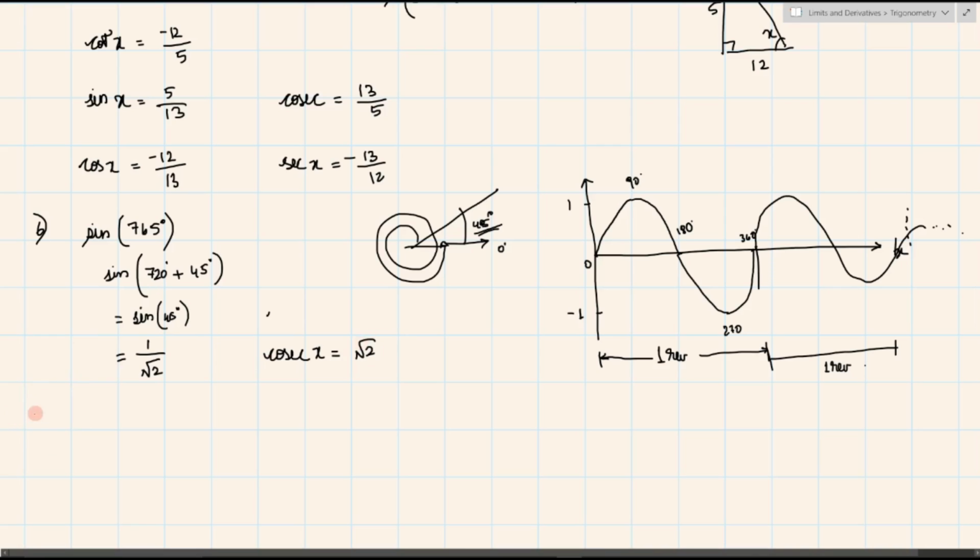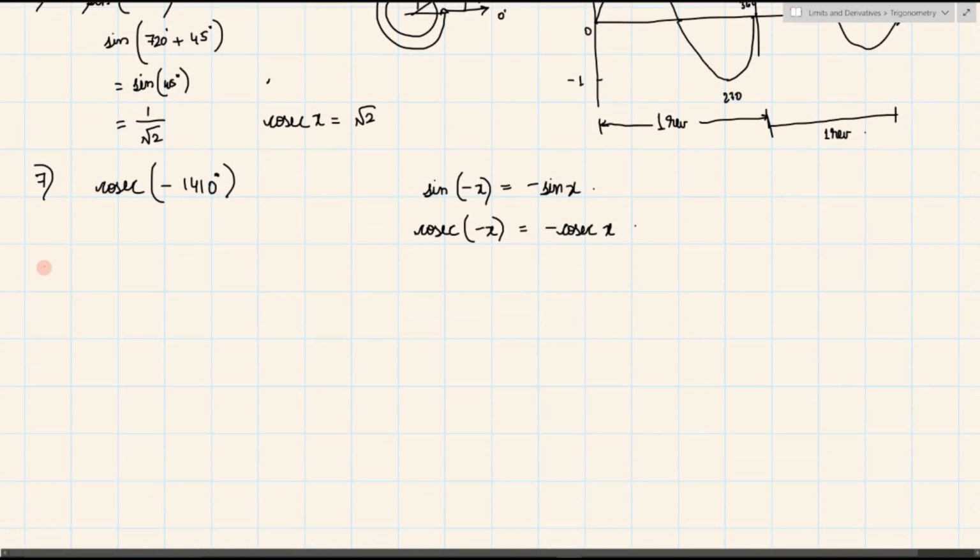So we'll have the next question: cosecant of -1410 degrees. We know that sine of minus x is nothing but minus sine x. So this also corresponds, we can also write this for cosecant: cosecant of minus x is nothing but minus cosecant x. So this is nothing but minus cosecant of